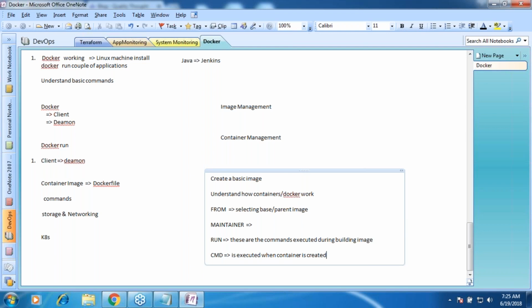What do you think is the difference between run and CMD? Okay, run is something which will be executed while you are building the image. Then when will the CMD be executed? Whenever you execute docker run, CMD will be executed. That run will not be executed, CMD will be executed.